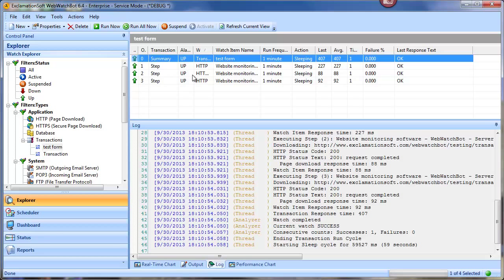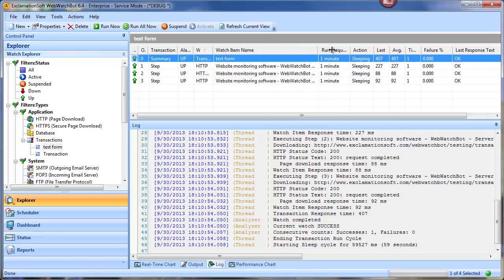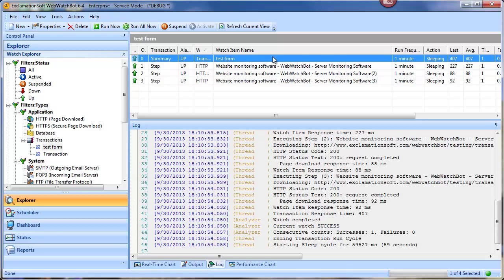the steps that were recorded. And so we can see that there's also a new one because we only recorded 3 steps, but there's this thing called summary. And what the summary is, it's kind of like a placeholder for all of your transaction steps. This is a cumulative type of a watch item, but it's special in that it doesn't actually perform anything other than coordinating these steps to run in